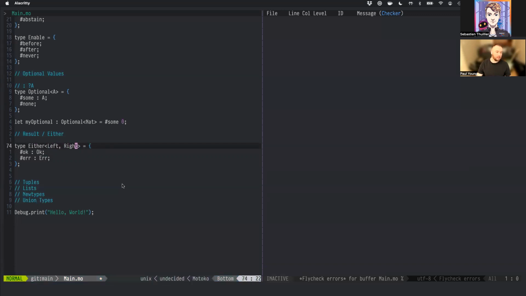And the convention is they're actually flipped. So the left is sort of representing the error case or the failure case, and the right is by convention representing the success case, but they're really representing the same thing. Result is the one that you'd have in Motoko and that you can import from the base library. And what I like about result over optional is